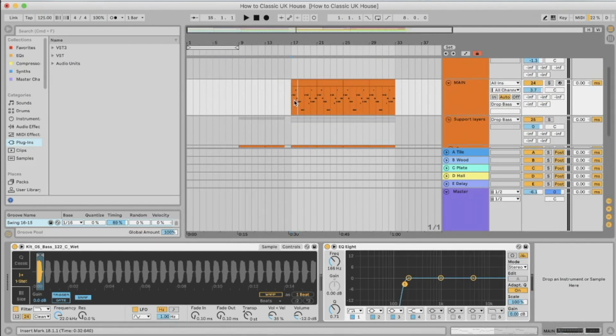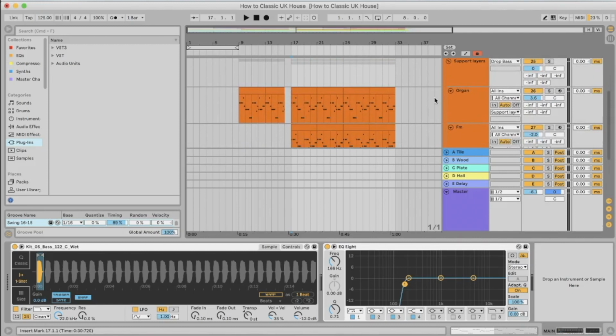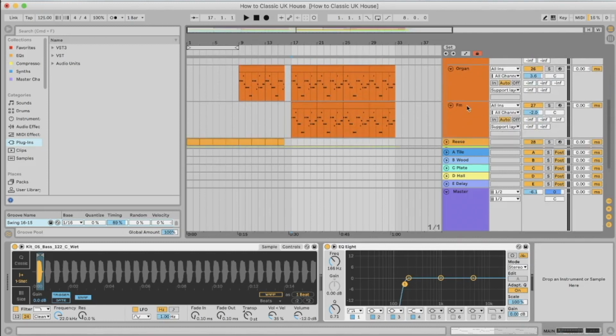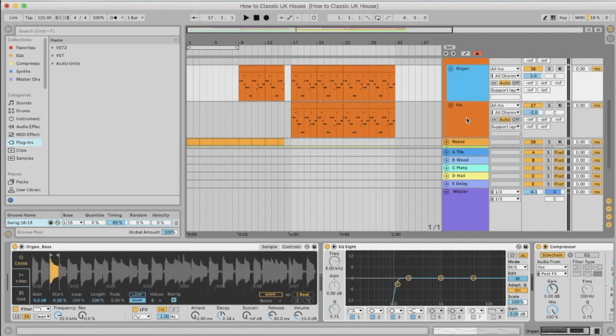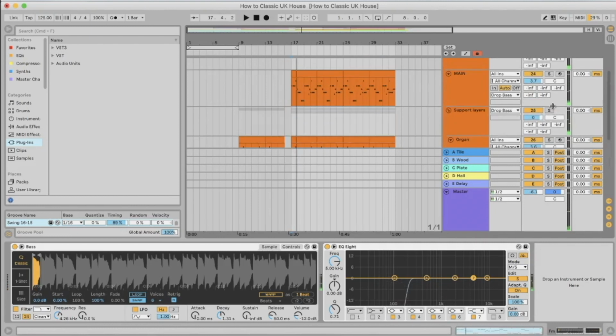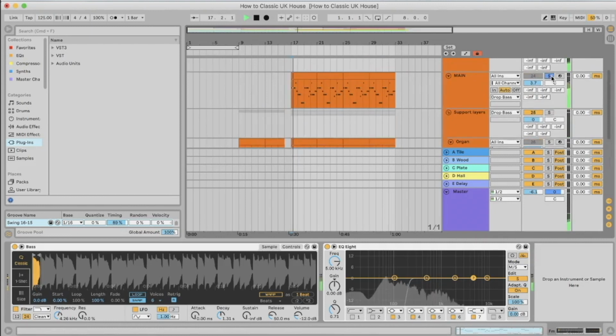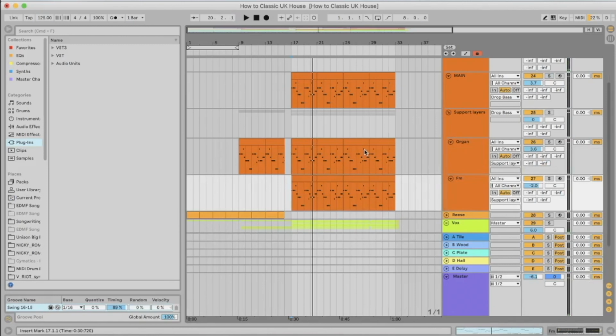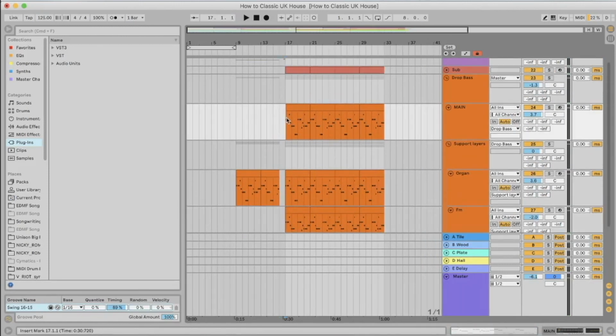This is a Splice sample that I use in Simpler. And then there's two support layers: the organy layer that you hear most distinctly, and an FM layer to add some attack to the top. The main layer is providing the real bassiness to the sound. That's the bass, and it's just playing around with the melody a little bit,